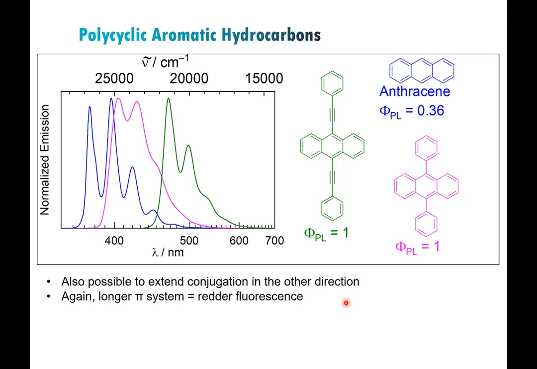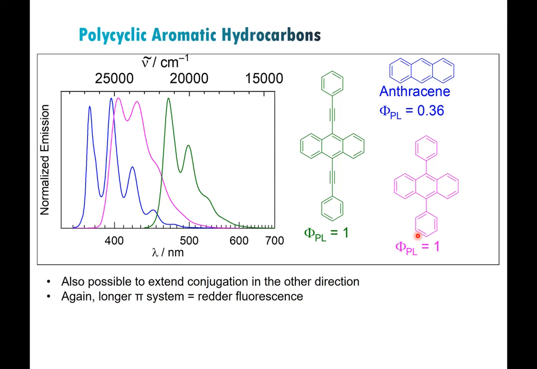And then you can also extend the conjugation in the other direction. The previous series was extending it in what we call the X direction if we're doing it horizontally, and this would be adding conjugated constituents at a 90-degree angle to the main core. So if we start with anthracene, which was also on the last slide, you can add phenyl rings, which redshifts it to some extent, or you can add a phenylacetylene type constituent that would redshift it further. So again, the same story is true. As you make the pi system longer, you tend to get fluorescence further and further into the red. These are not as dramatic as the last ones, but still going from UV to blue fluorescence into the blue-green region, so it's a pretty significant shift. And for reasons that I probably don't have a good explanation for, these substituted ones, where you put substituents on those two positions in the anthracene core, also have exceptionally high quantum yields,